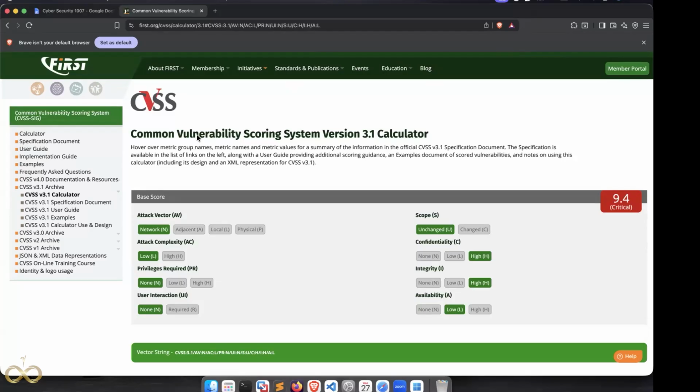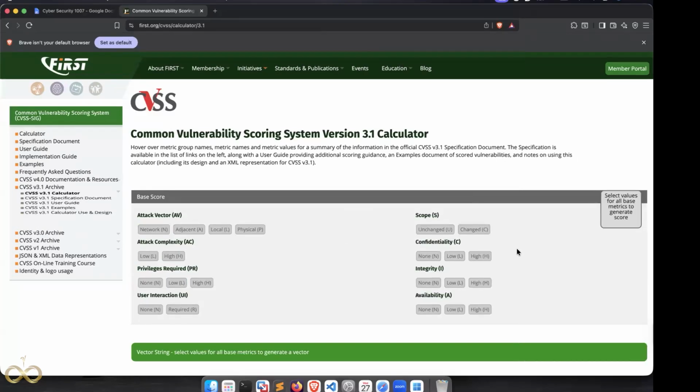This calculator is used across all industries. Whatever the domain is, whether financial, banking, or healthcare, in any company, this is the standard for calculating a CVSS score, or vulnerability scoring. I'll explain this again. We are going to skip everything up to scope. We are only going to keep these three things, confidentiality, integrity, and availability, for today. I'll explain these three things again, and then I'll come back here.